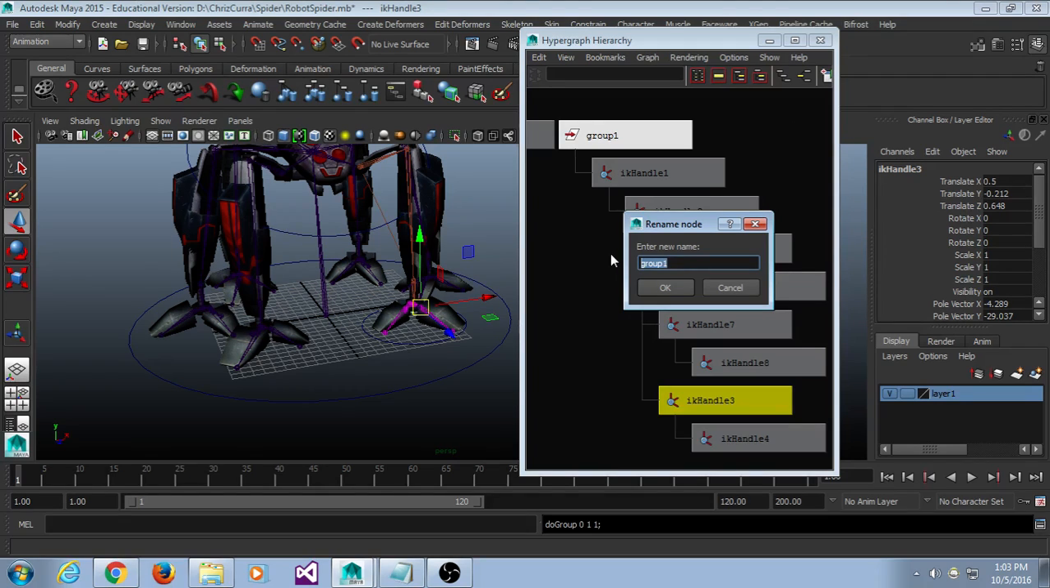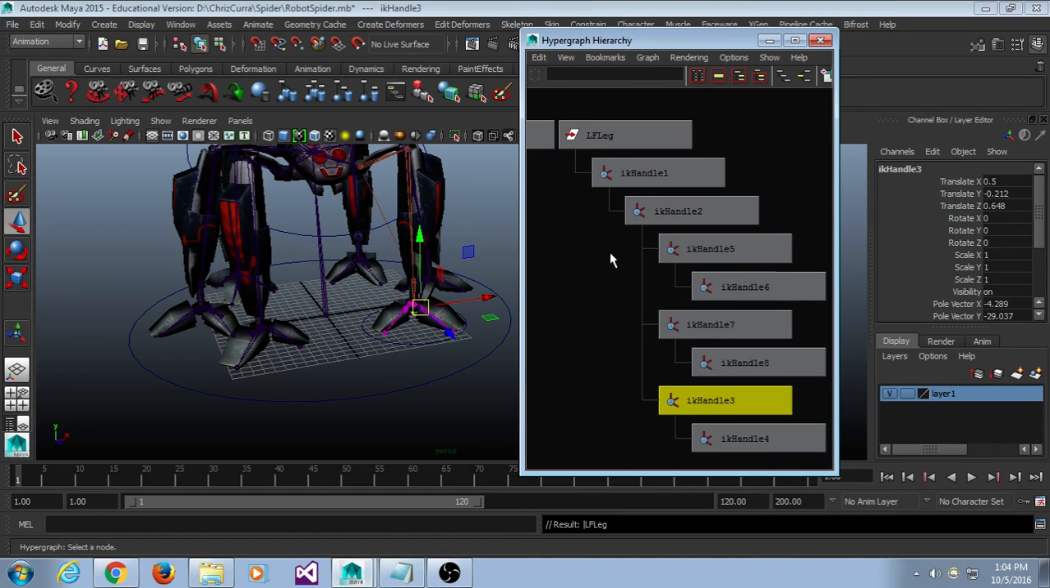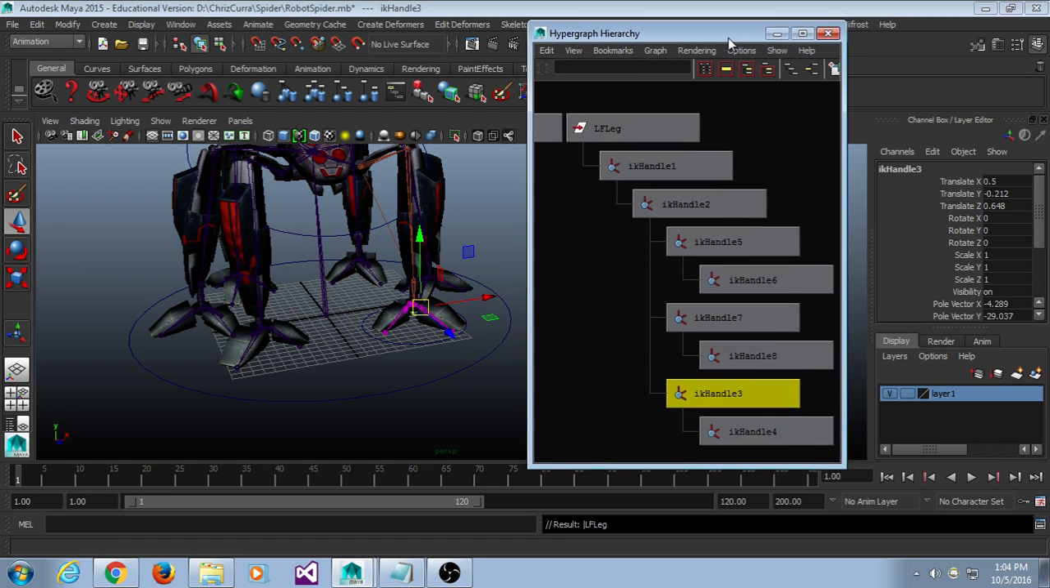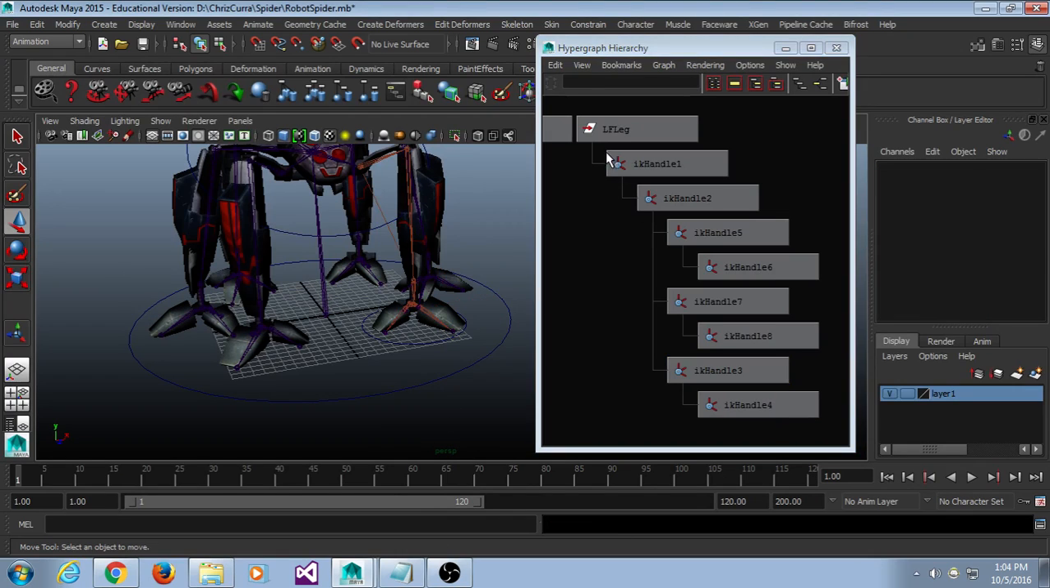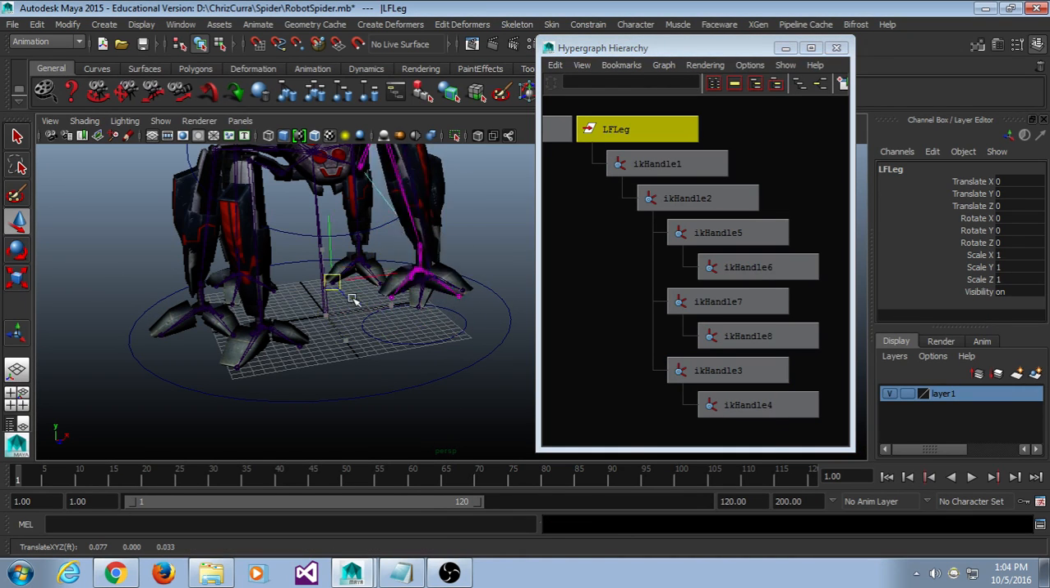we'll call it, that's the left leg, so what do we call front? F for front, L for left. Actually, let's call it L F leg. Left front leg. LF leg. Alright. So now if you move that, you'll see that it moves the actual leg, but what's weird